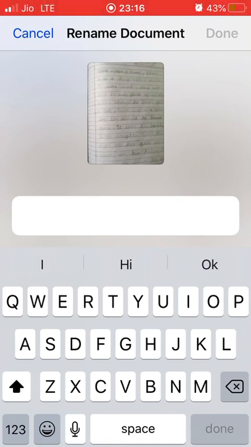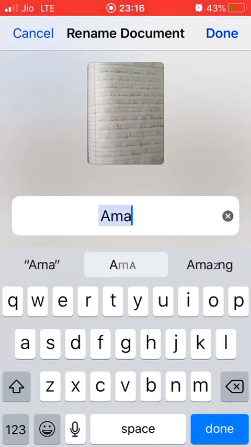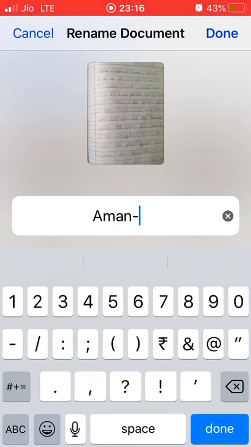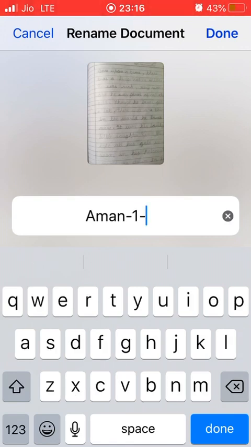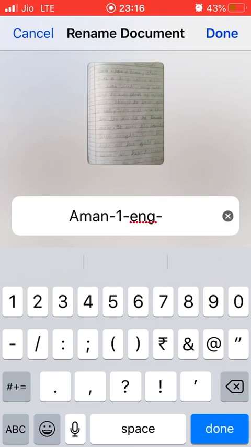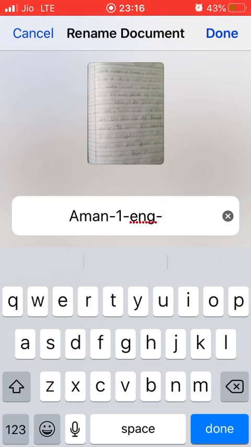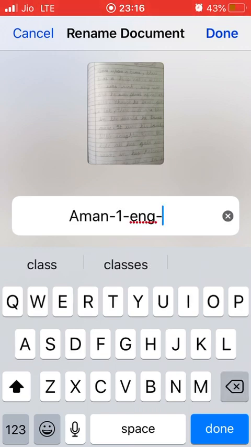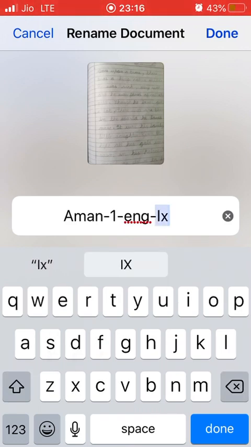Now you need to type the name of the student first, and then hyphen, and the sheet number, first sheet, and then hyphen, and the subject, Eng, and then hyphen, and then your class. Suppose this was for class 9th. Done.